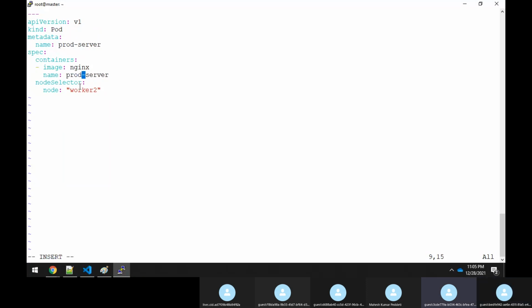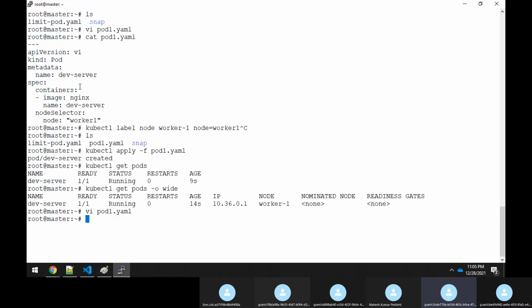Just a quick question. Yes, sir. Can we add multiple selectors, like multiple conditions that you can put and select? Yeah, we can put multiple conditions. If you want to do that, then in the pod you have to mention this.